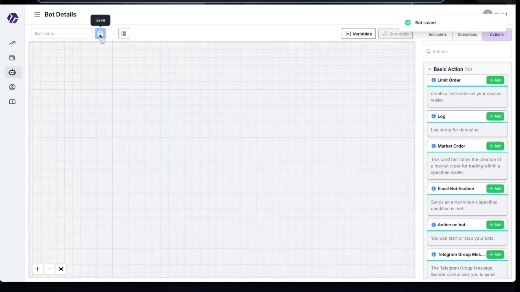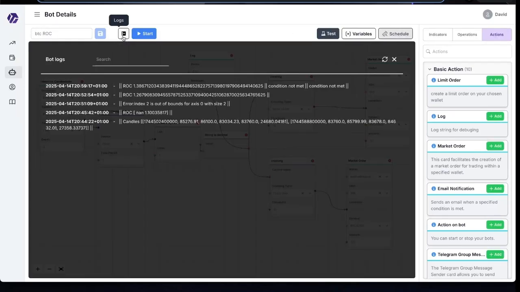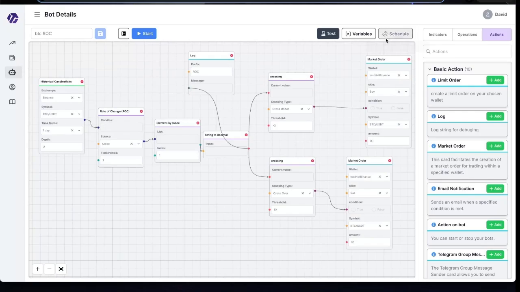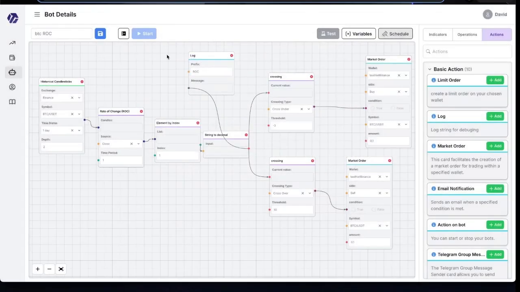Save the bot and click on Test to simulate execution. Check the logs to verify the bot's behavior. Ensure the conditions and actions are correct. Once satisfied, configure the bot's trigger. Use a schedule to run every minute for real-time monitoring. Start the bot,